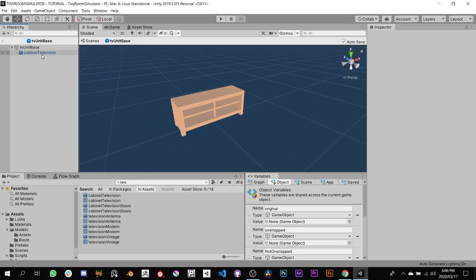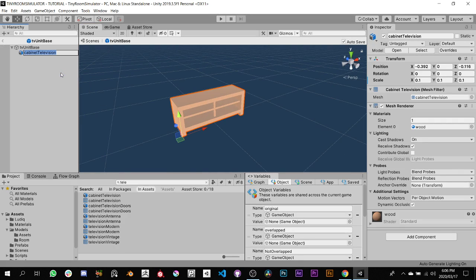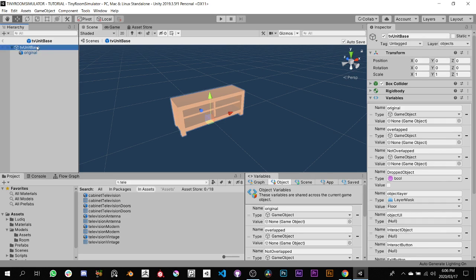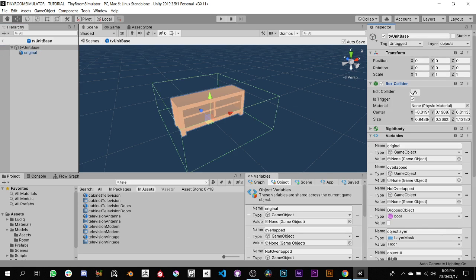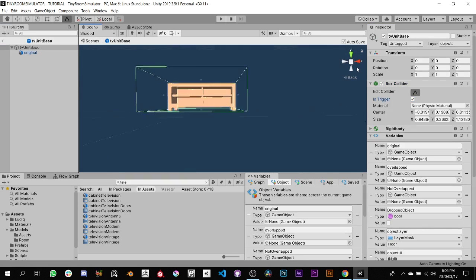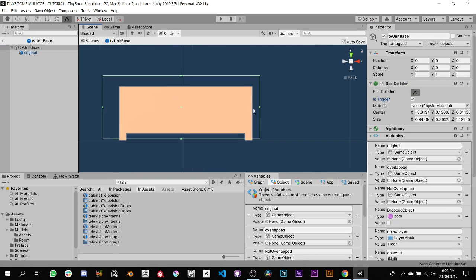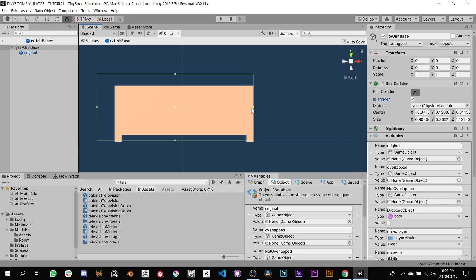I'm going to rename this base object. So rename it to original because this is the original model with all of the original materials. And then I'm going to go to my TV unit base, open up the box collider and click edit. I'm going to go into my front view and then I'm just going to make sure I edit my collider to encapsulate